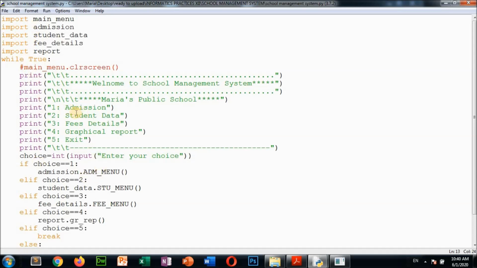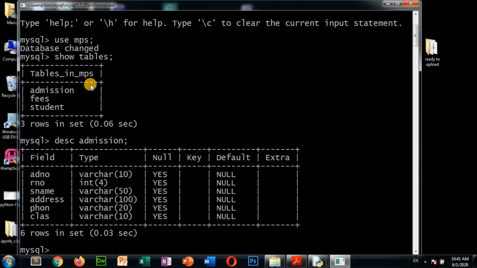So next we are doing student data. For that we are going to this module, student_data, STU menu. In the student data module there is one function, STU menu. So we are going to that function now, right?